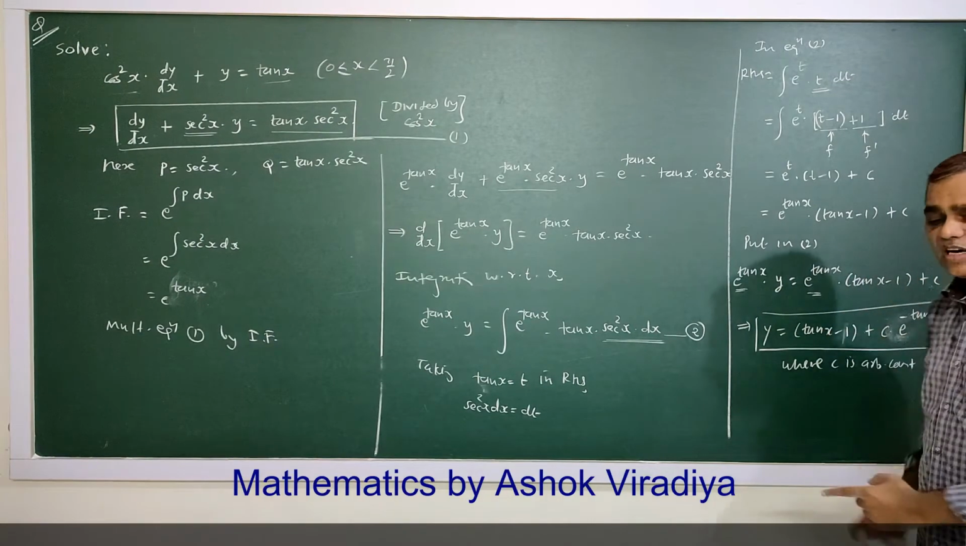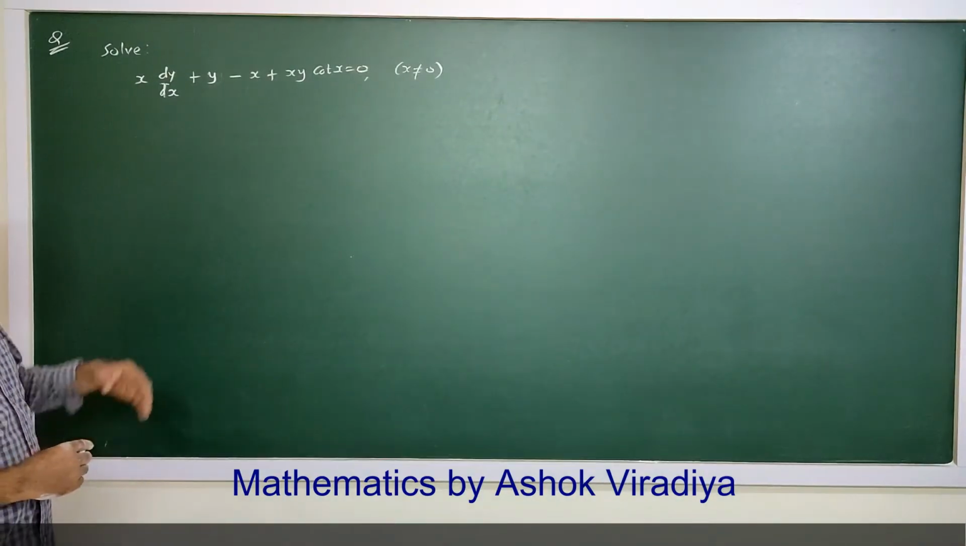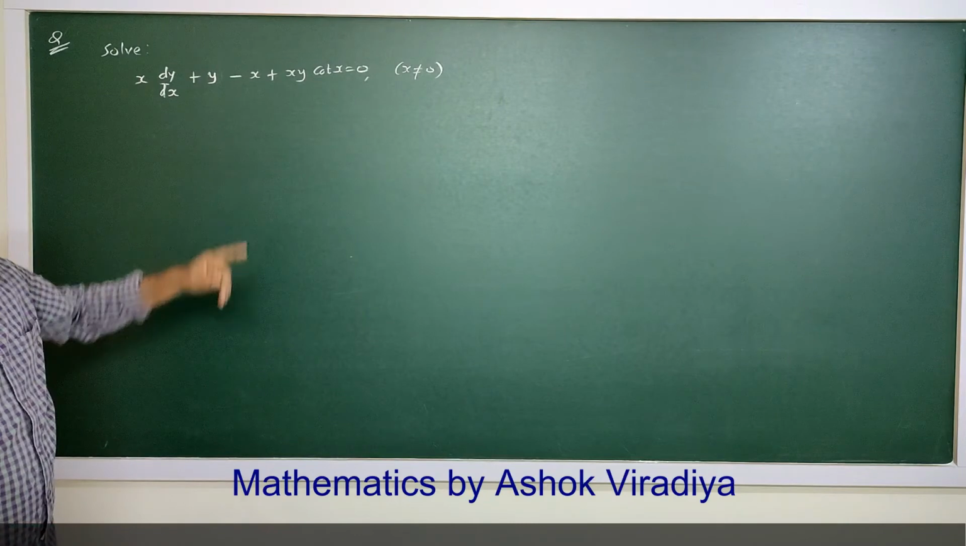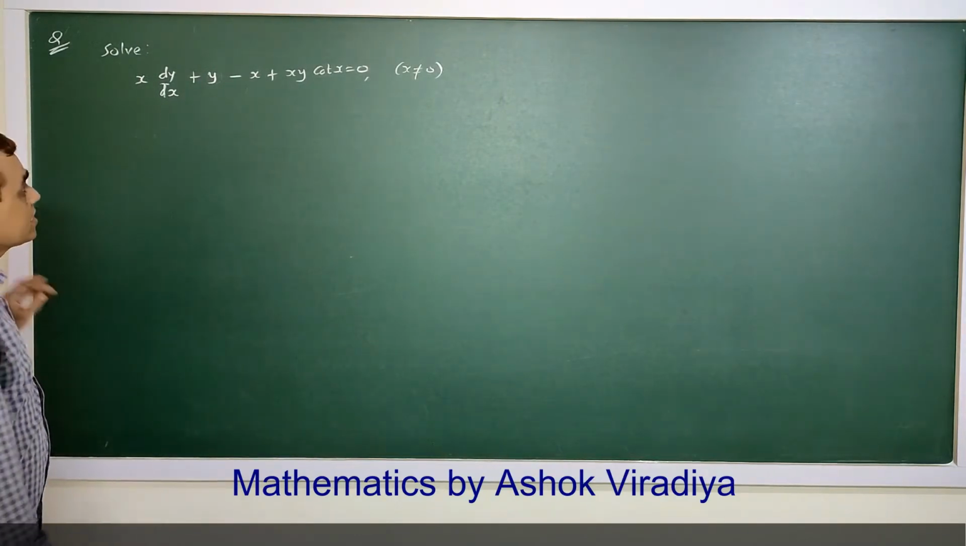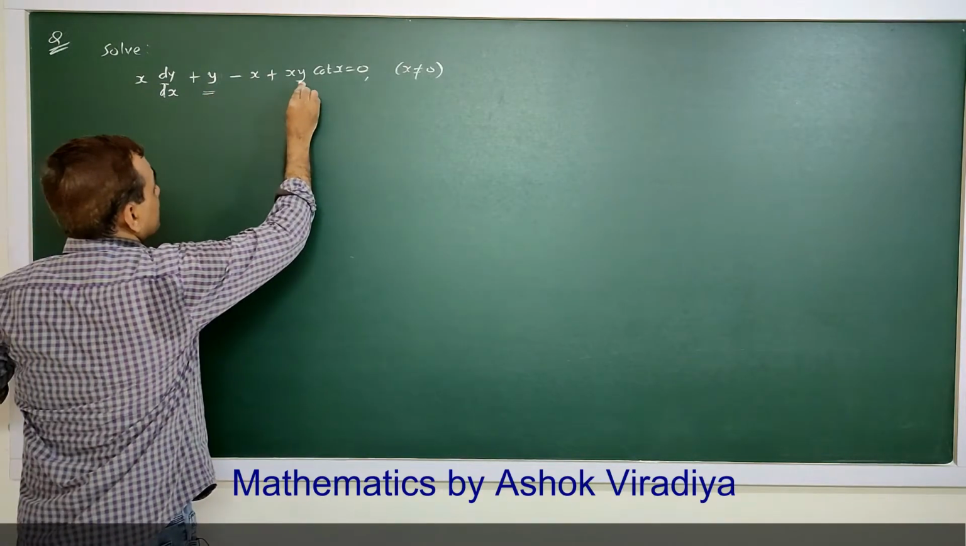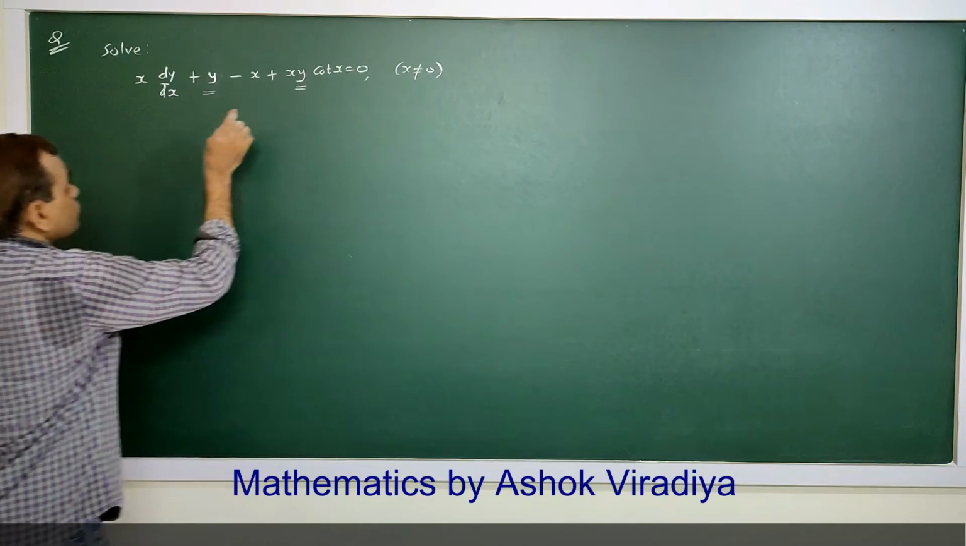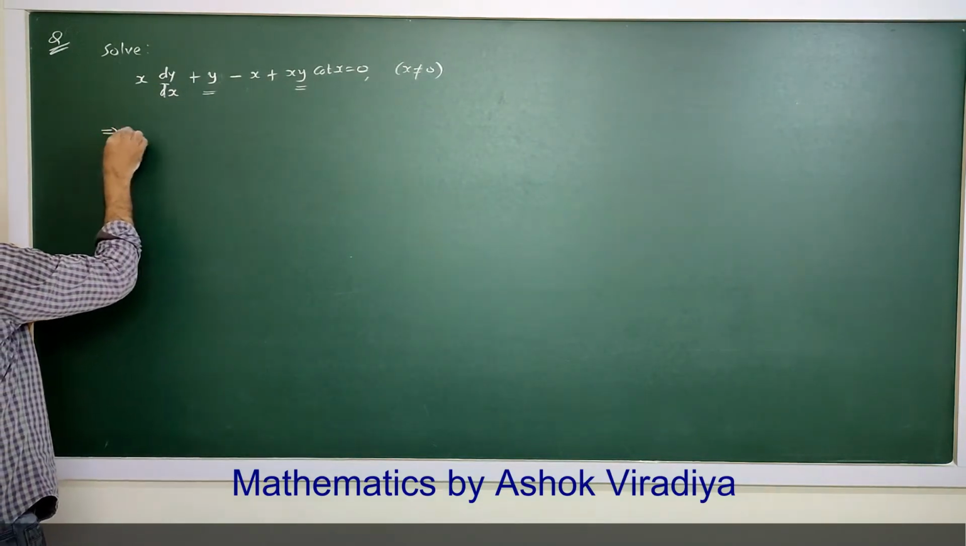So this is the required general solution. Now next question, to solve this equation. See, in this equation, here there is y, here also there is y. So first of all, from these two terms I am taking y common,